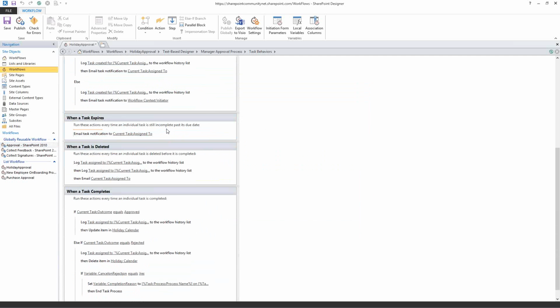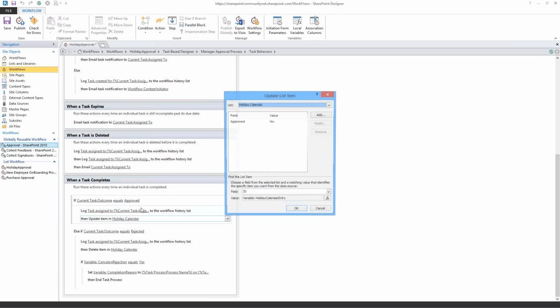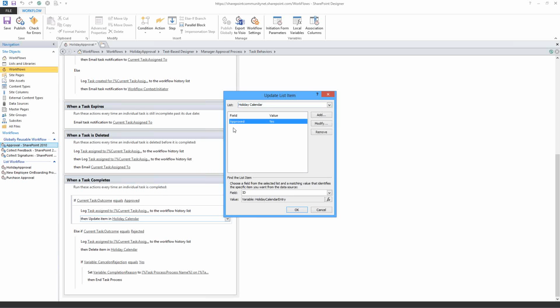And the stuff that we care the most about in this workflow is what happens when the outcome is approved. So as soon as the manager approves, we want to update an item in the holiday calendar. So this is our list. What do we want to update? I have a custom field in that calendar called approved. So I want to change that field to yes. And also,